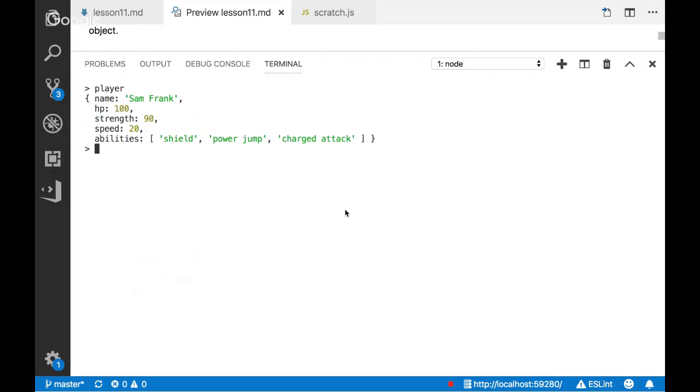So let me see if I can come up with a good example of that right now. Let's say, yeah, I'll try and build on some of that a little bit, but